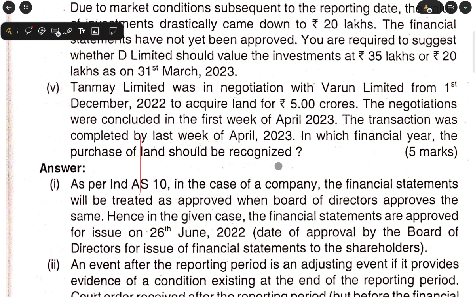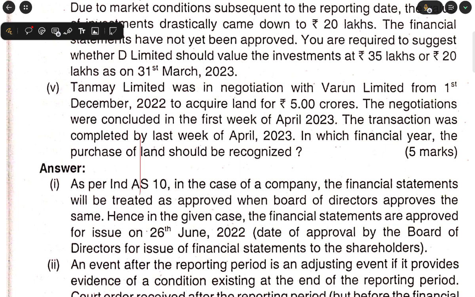So, only the transaction should be recognized, and it can be an adjusting event when an agreement is there and there is a legal binding that states so, where the risk and reward of the property are transferred. There is a prior agreement that we will do that. Some sort of proof should be there to take such an action.